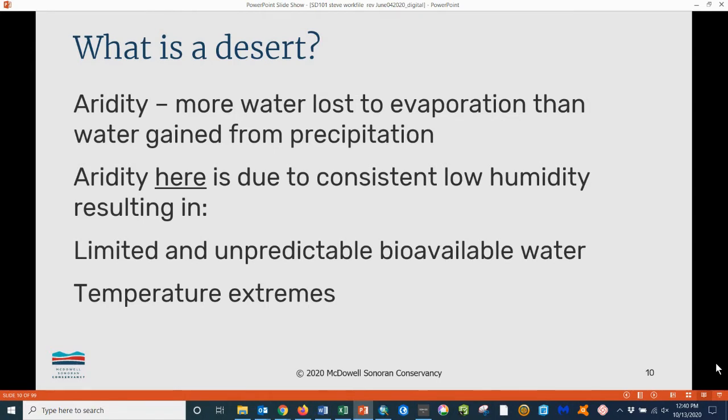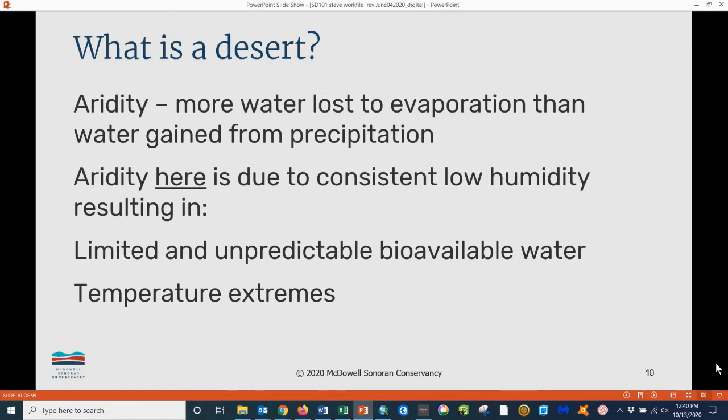Deserts are characterized by aridity rather than just by limited rainfall. This means a high ratio of water loss due to evaporation and plant transpiration versus water gained from rainfall.